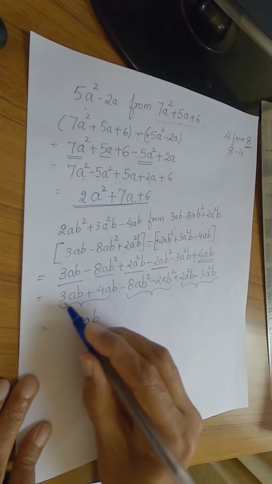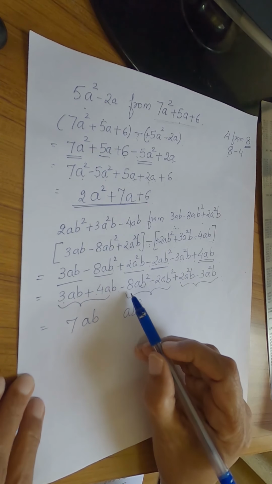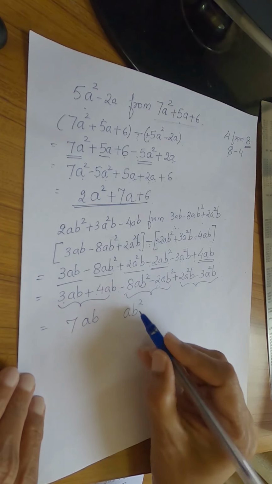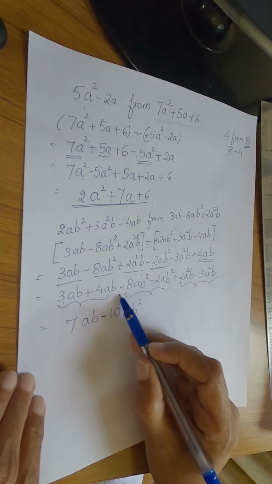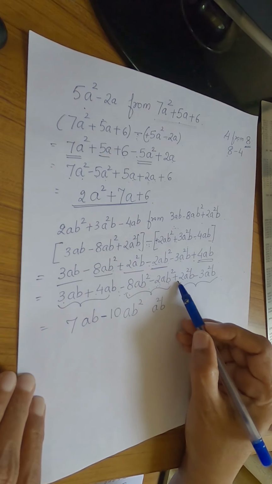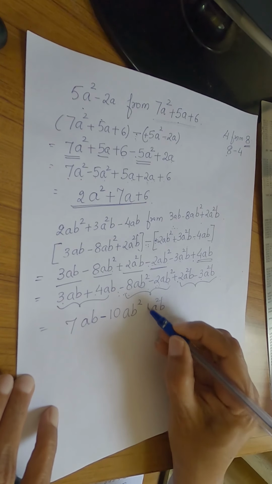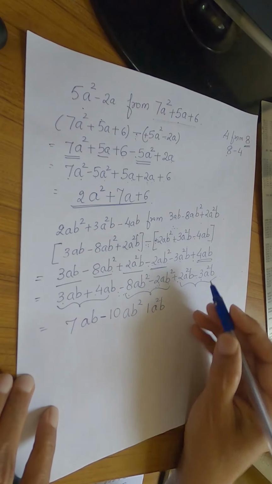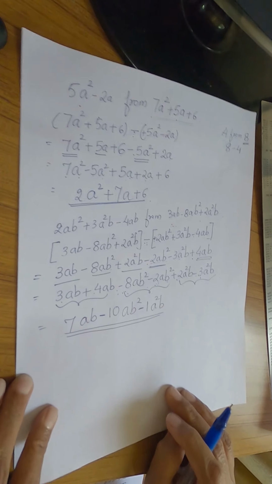ab as it is, 3 plus 4, 7. Similarly here ab square. Now you can see here 8 is also minus, 2 is also minus. Both are having the same sign. So we will perform addition. 8 plus 2 is 10 and we will give the sign which both the numbers have, and that is minus. Now here again a square b. One number is plus, one number is minus. So we have to do subtraction. 3 minus 2 is 1. And we give the sign of the bigger number. Bigger number is 3. It has a minus sign. So we give a minus sign. So this is the answer of subtraction of this polynomial.